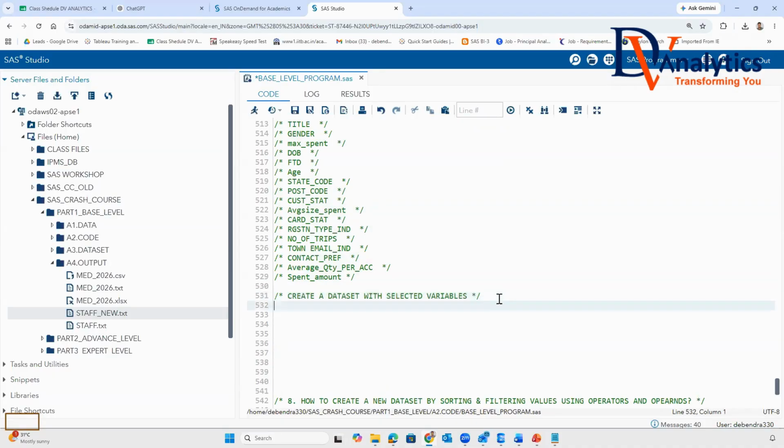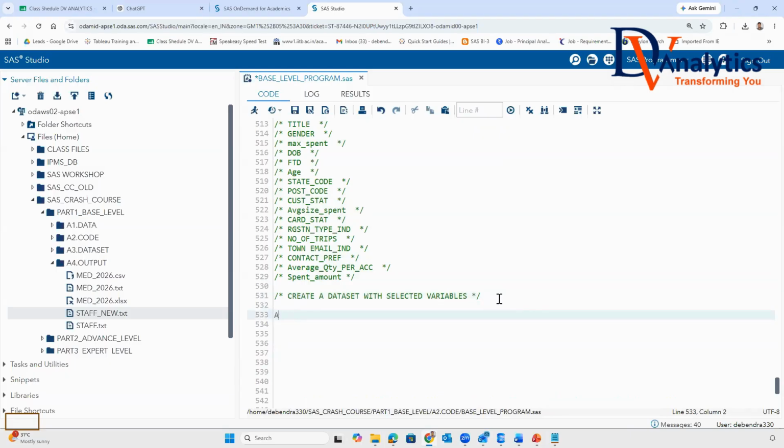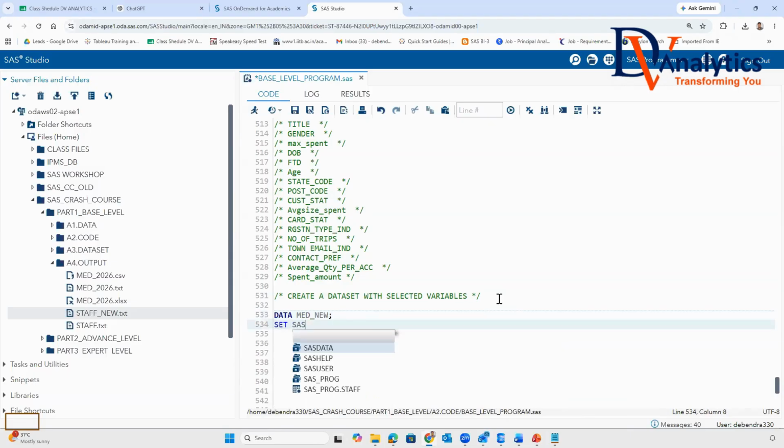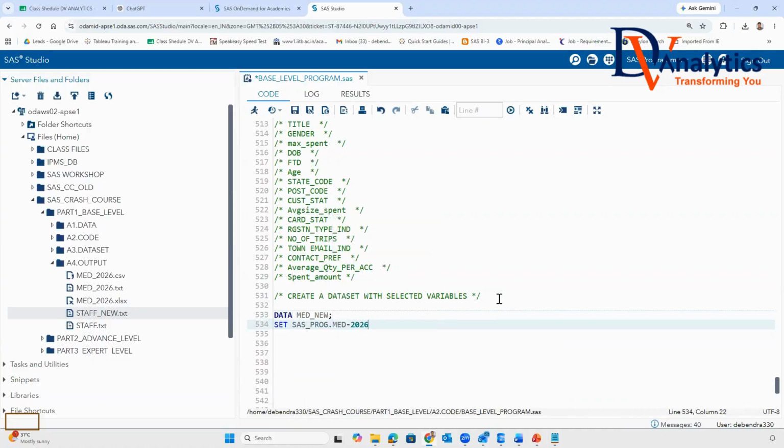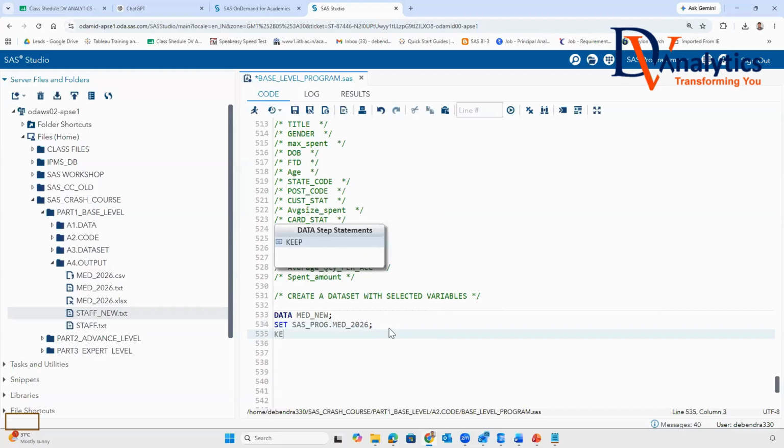That means I want to go for creating data made_new set SAS_prog.made_2026. This data set name, I want to write here, keep the variable. Which variable?